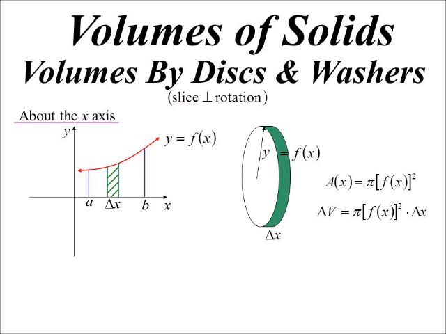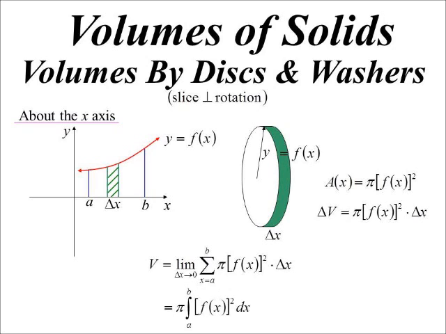Now what we're going to do is sum up all of those. Every one of those particular discs or cylinders or whatever you want to call them. So it's the limit as that thickness approaches 0. Remember, it's the same idea as when we looked at area under a curve and so on. Ideally, we'd like the thickness to be as close to 0 as possible. And we're going to be summing from A to B. And there's our formula there, pi function x squared times delta x, which we know turns into the integral, because when we slice up all of those particular functions, we get the integral from a to b of function x